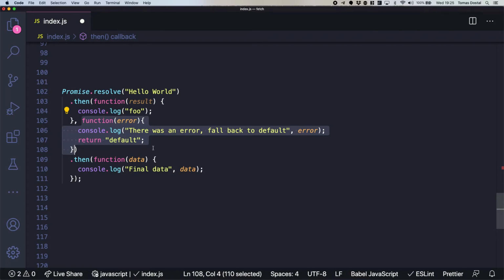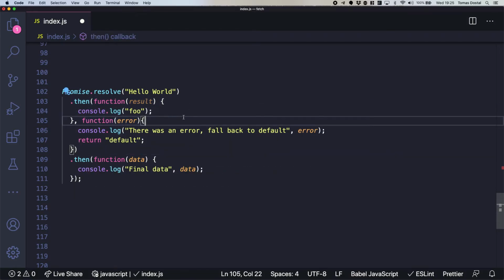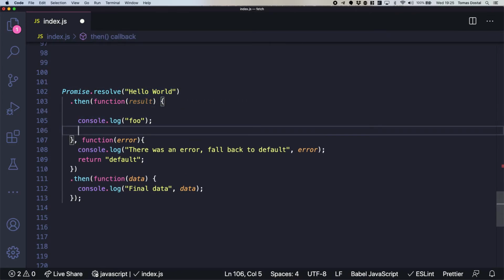Okay, but why does it return data after that then function? Yes. Why? So let's go further. So now we know that this one will resolve, so that means it will execute the first callback. The result at this point is hello world. What do we do inside this function? Let me just space it out a little bit.